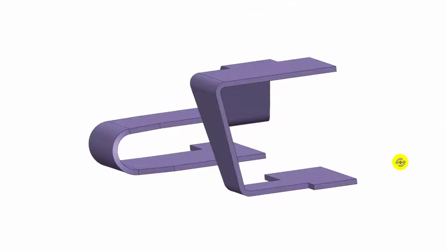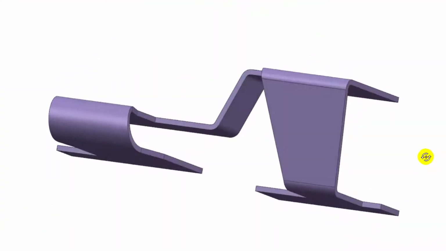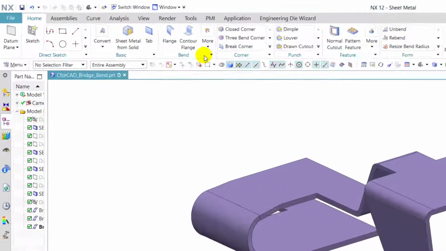This is how we can use the bridge band feature to create a band with two sheet metal objects. In the next video, we will see